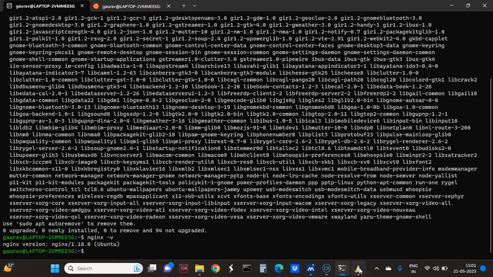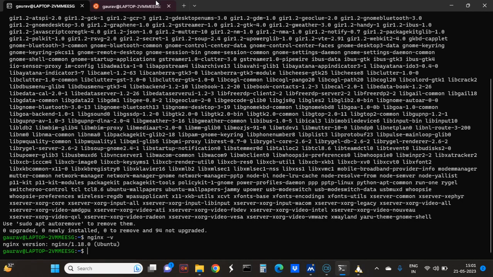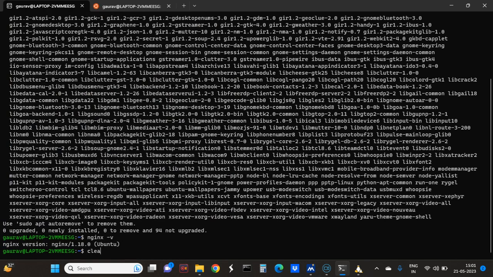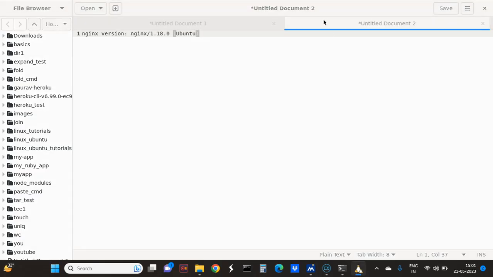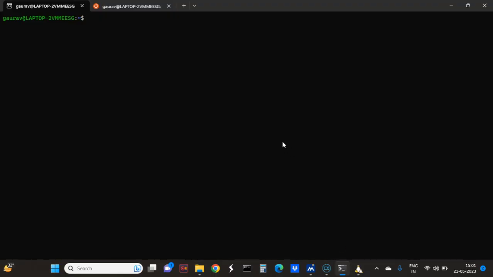and I just note down the things. Open the next bracket. Yeah, that is the nginx version. And now what we will do is we will just go to the configuration. The next step you can see in gedit: configure nginx. So to configure there is a file. The name of the file is in the, sorry, not home, in the public directory, and then there will be